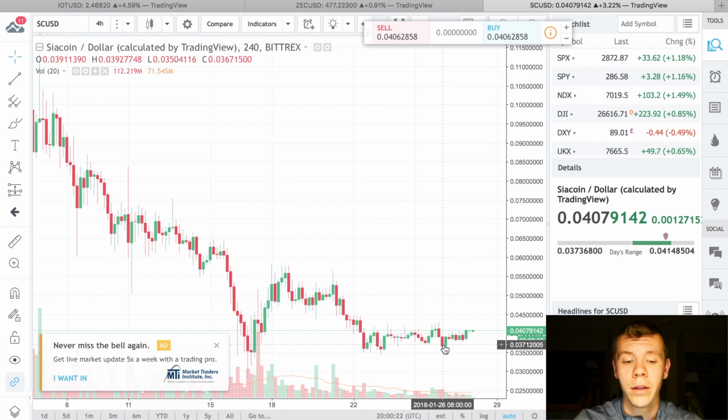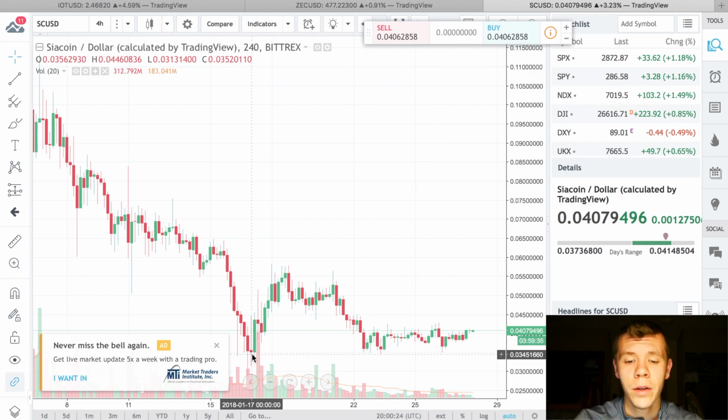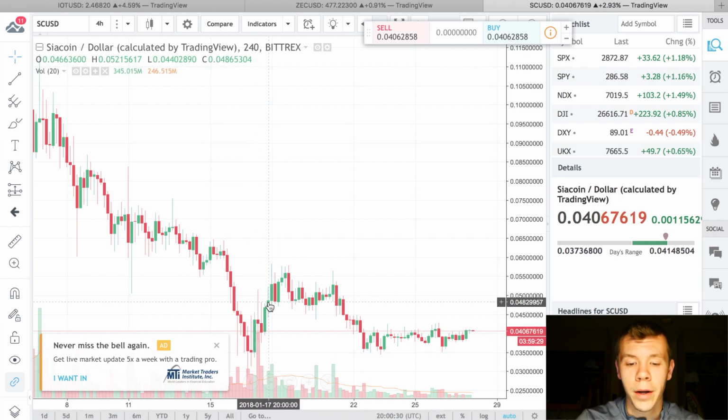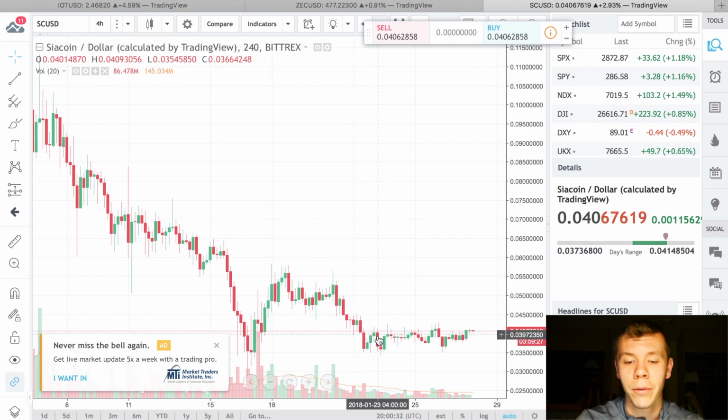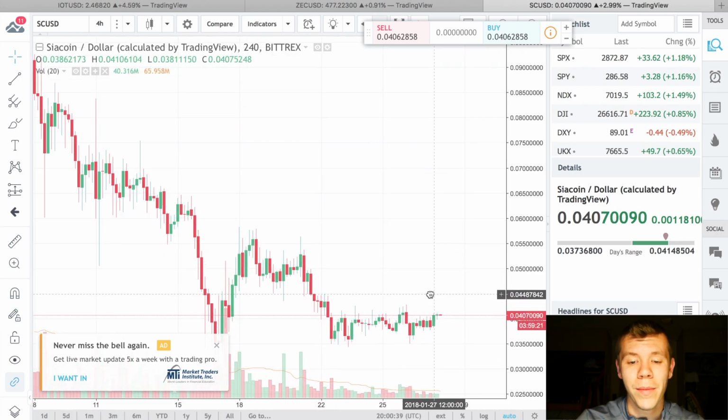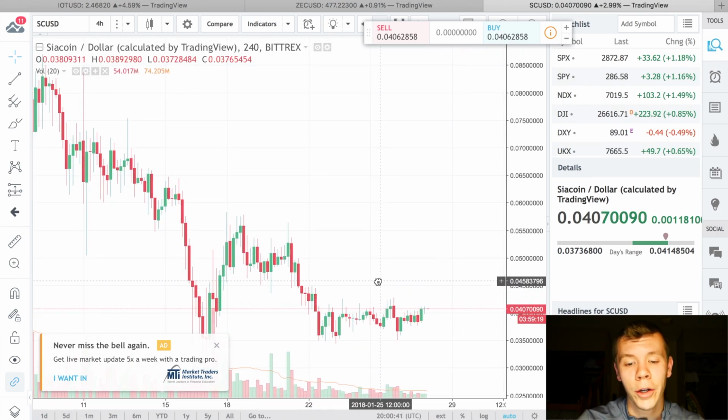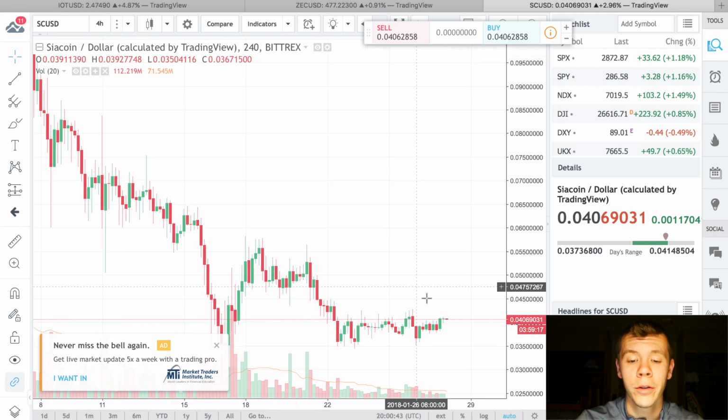So you see this coin, its bottom is 3.5 cents. It's going to bottom out, rebound, bottom out, rebound. So right now we're in this just nice little channel right here, that's at the lows. You could say a good thing is that it's at its lows, but also the bad thing is that if it does break